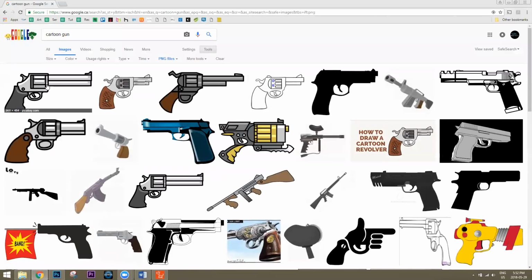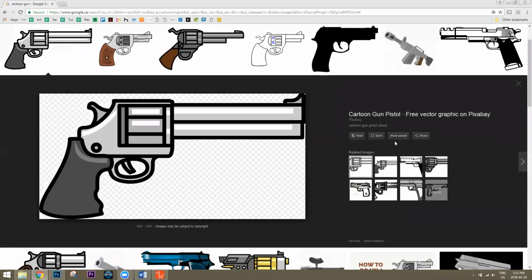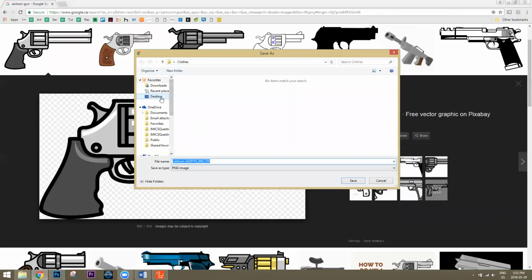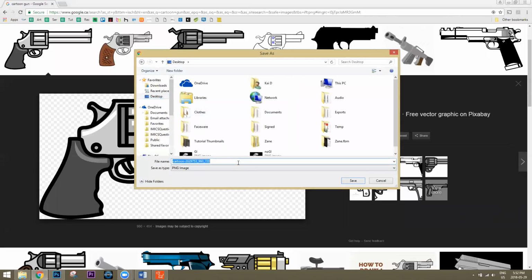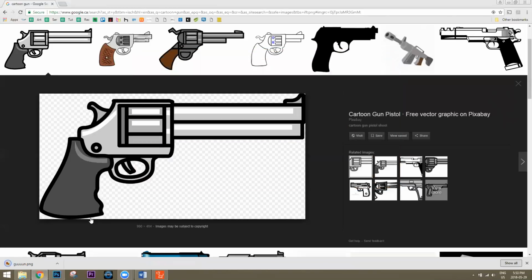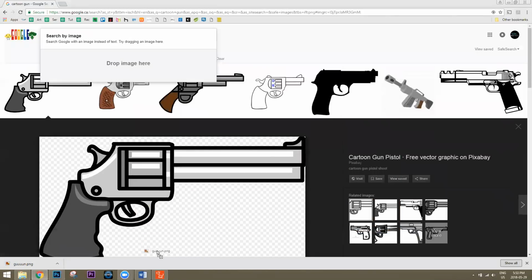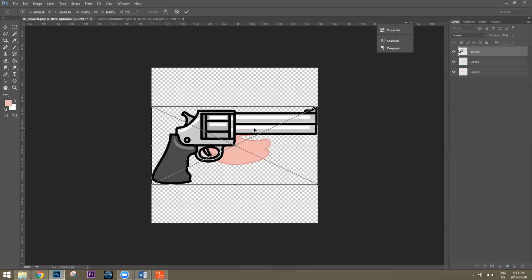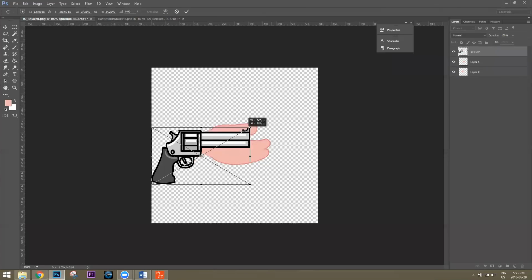All right, let's give him a 6-shooter right here. This one looks fine. This will do. Save image as gun. Okay. Click and drag that gun into Photoshop. Shazam, there we go. All right. And let's just make it the right size.